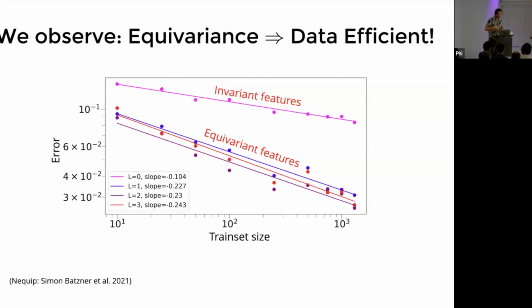It means that if you double the size of your training set, it will divide your error by a larger number than just doing data augmentation. Because the naive intuition behind data augmentation would be that you divide your error by a fixed number, but here the power law is different. Anyway,